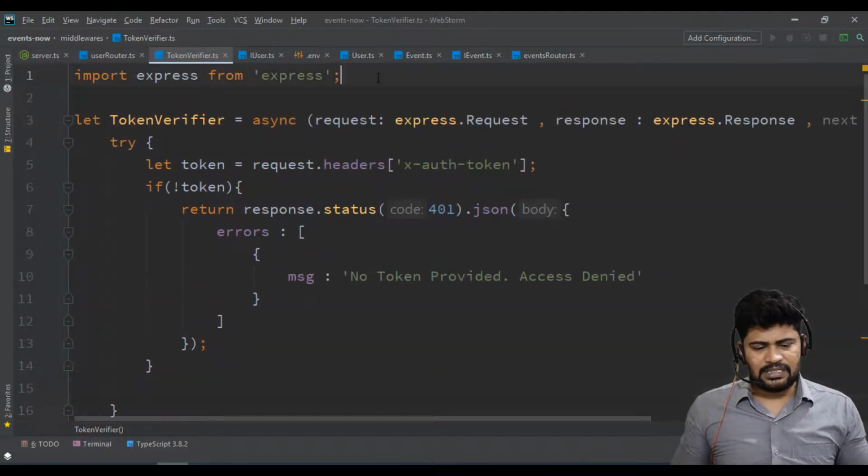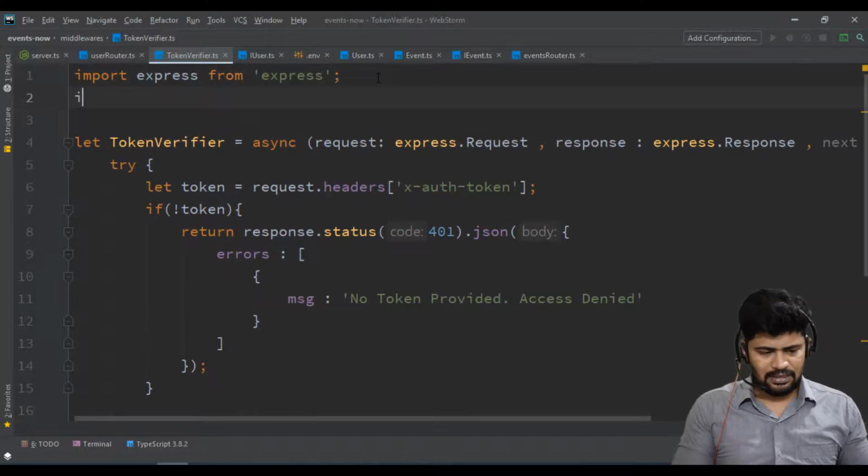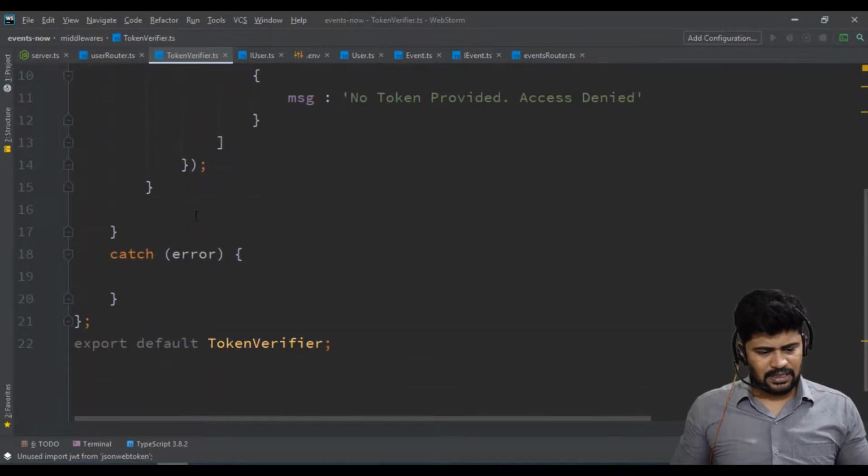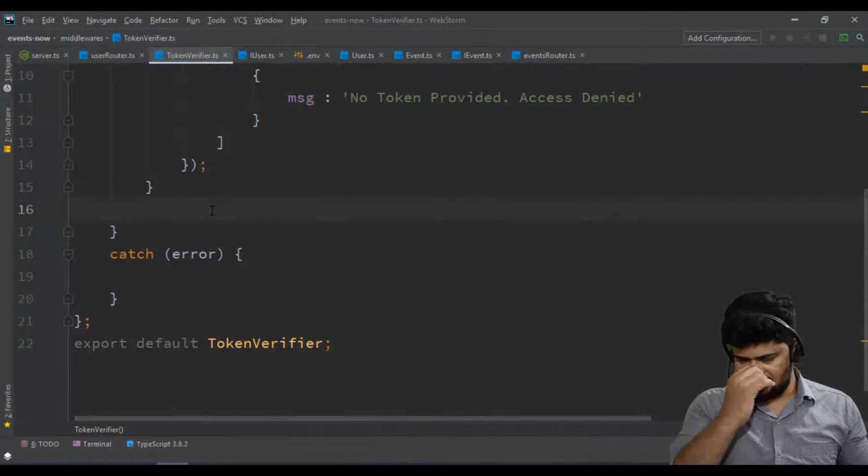How you decode is the same, using the JSON Web Token third-party module. Import jwt from jsonwebtoken. Next, I have the token, right? So let's decode. But before decoding, I need a secret key.